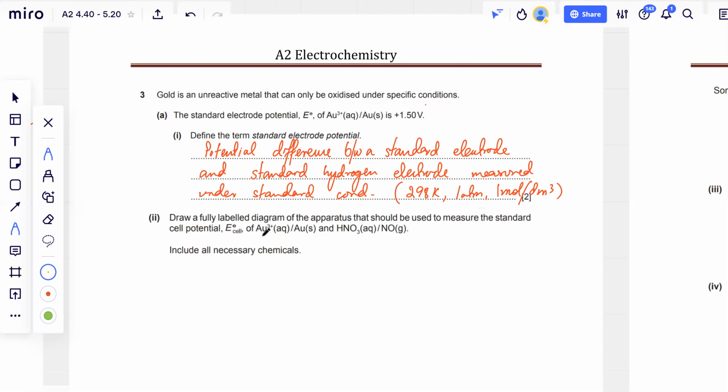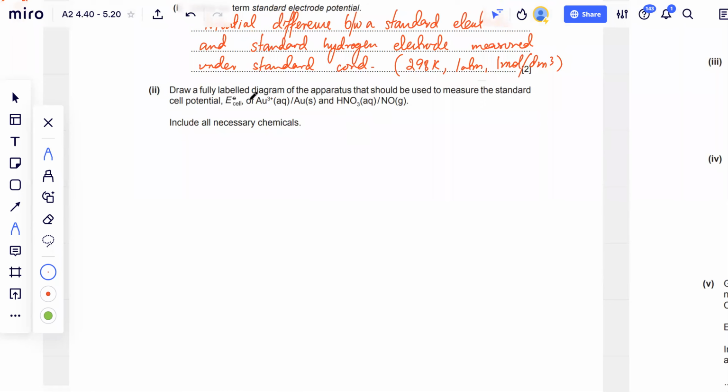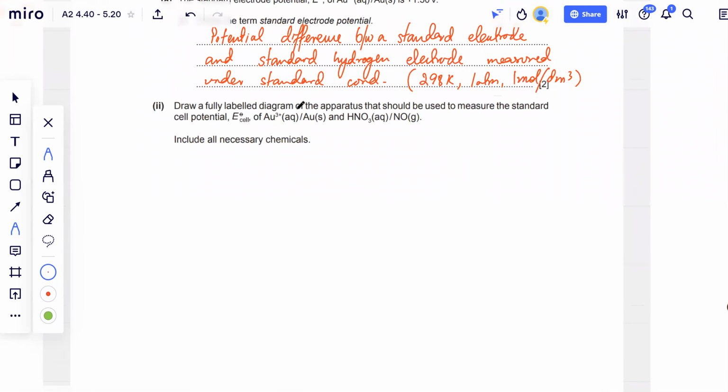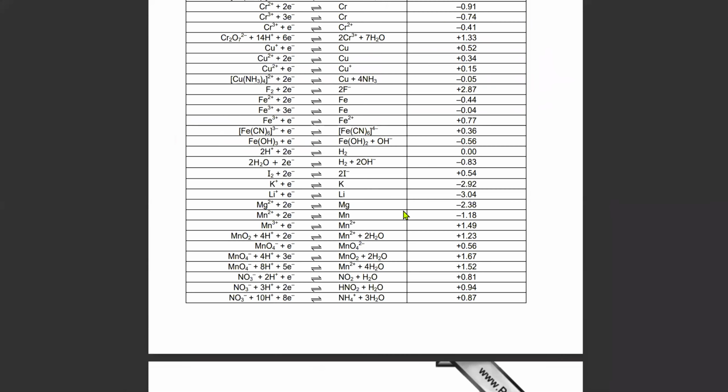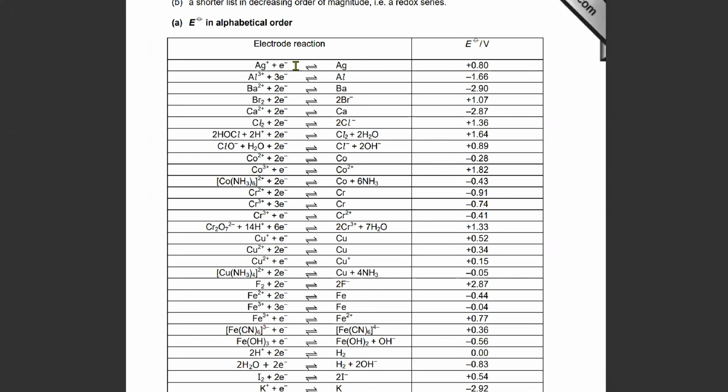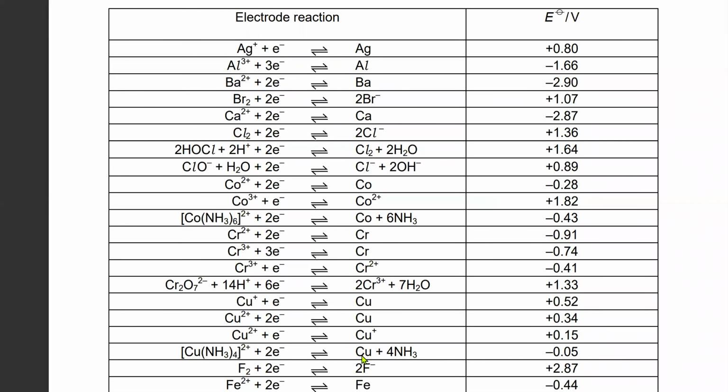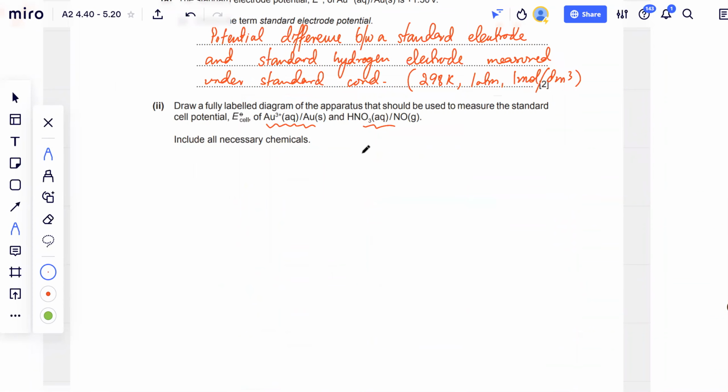Then you're being asked for a fully labeled diagram of the apparatus that would be used to measure the standard cell potential of the Au3+/Au electrode and the nitric acid/NO electrode. There are 2 electrodes, and both of these are not given in the data booklet. Au is definitely not there, so you just have to draw them. Now Au is a metal. So I'm just going to quickly draw a rough diagram. Au is a metal, and